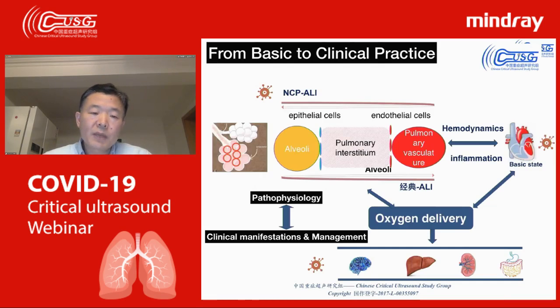So we have to think about pathophysiology. In the very early stage, the virus damages mostly the alveolar and epithelial cells, and sometimes the pulmonary interstitial part. But in the later phase, we will see the endothelial cells and also the vasculature damaged. You will see some embolism inside the vessels, sometimes hemorrhage inside the lung, and even necrosis.